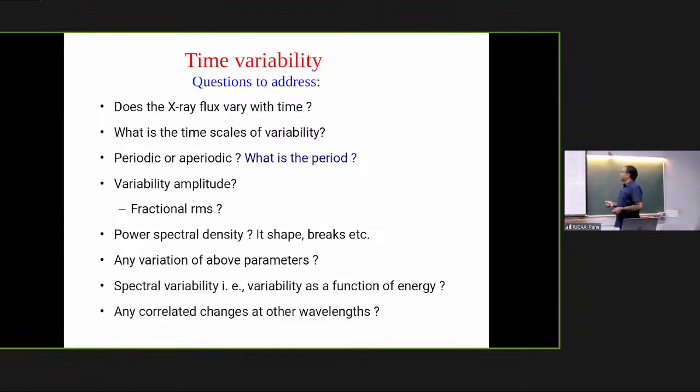Then once you have the light curve, one can use Fourier transform techniques to derive the power spectral density, and then look at the shape of this power spectrum, whether there are narrow peaks. If there are narrow peaks, those peaks tell us the periodic nature of the source. There may be peaks that are not exactly narrow, with some kind of width. Then those sources are quasi-